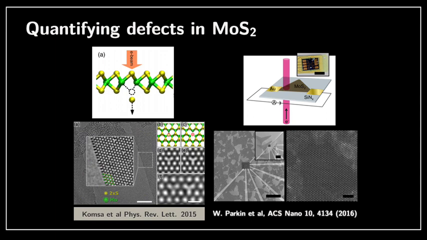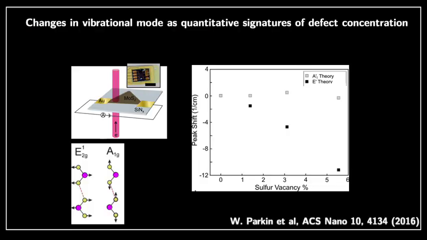In 2016, we decided to try to see if we could use Raman to understand the number of defects instead of having to count the number of defects. Raman is much faster and cheaper to use than aberration-corrected transmission electron microscopy. So what we did there, we looked at the effect of vacancies on the A1g and E2g modes. These are the two visible modes for MoS2 in the high frequency range. What we found by doing the calculations is that one of the two modes, here we actually have both names, but the proper names are A1 prime and E prime, as I explained from a symmetry perspective,